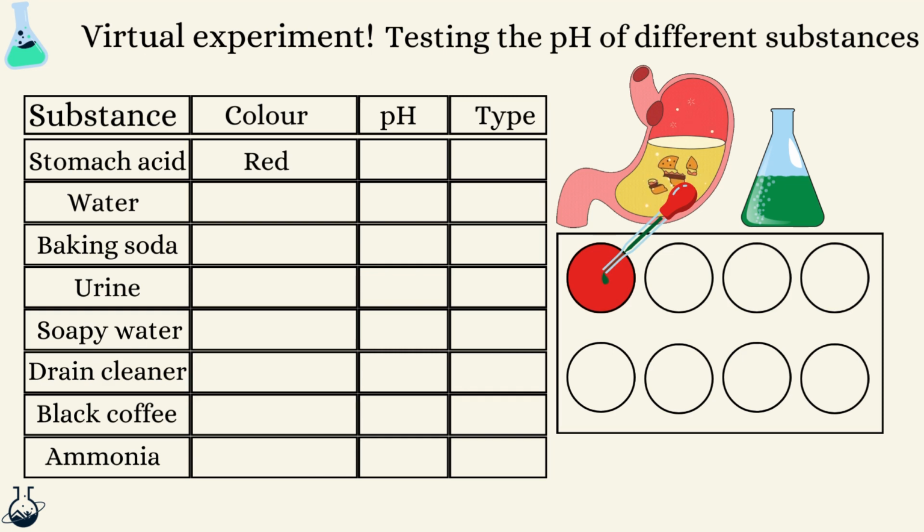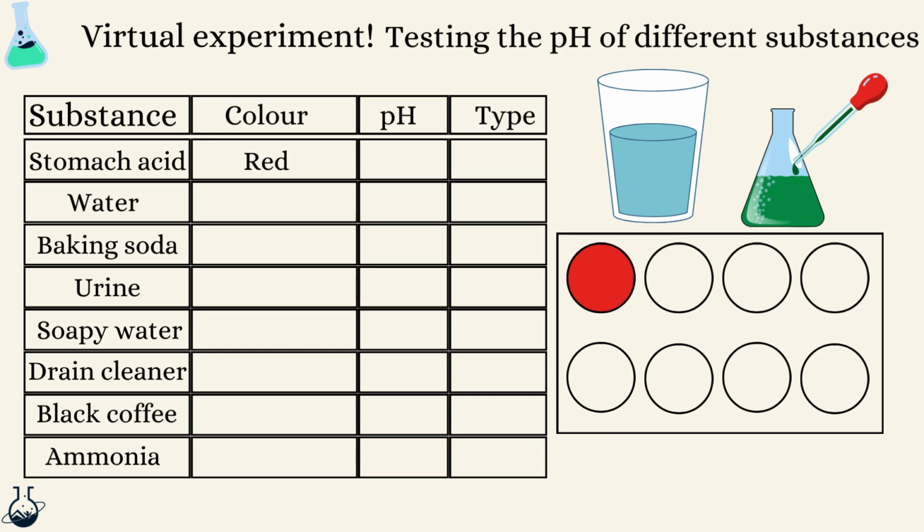And I can note this down in my results table as I go. Now I can move on to the next substance on my results table, water. Use a new pipette to avoid contamination and add 2 millilitres into the next well on my spotting tile. Take some more universal indicator, add 2 drops and see the result of colour and note this down in my